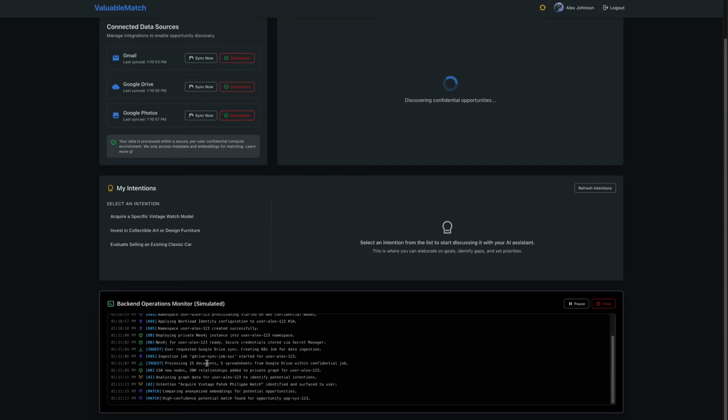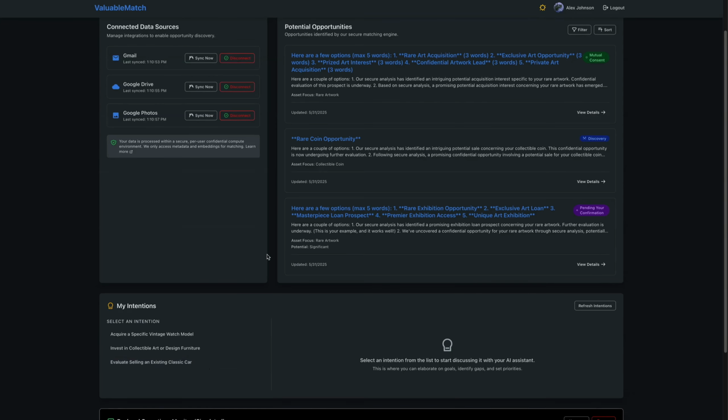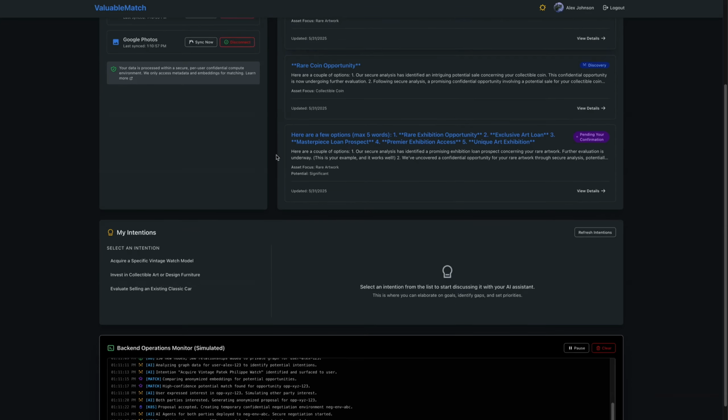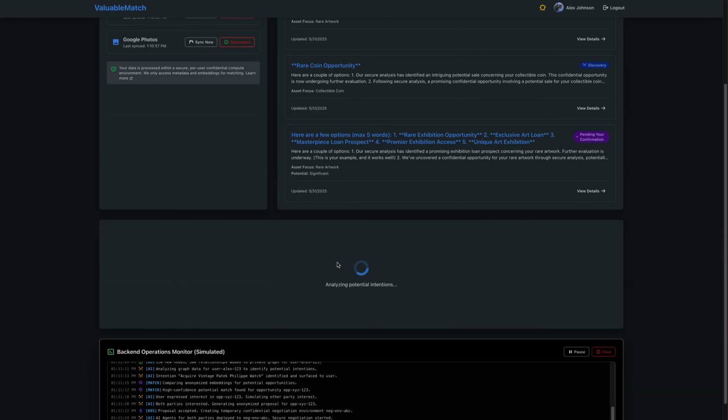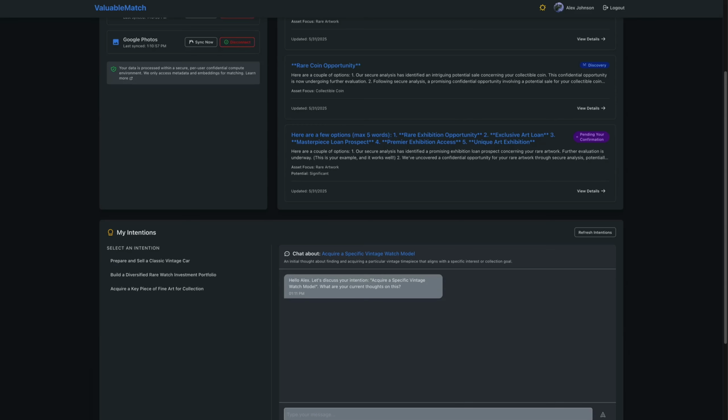And a service that analyzes the data and generates new intentions using an LLM is being produced inside that container. Those intentions are based on our intention analysis method and framework, and that's continuously happening as more of your private data is being ingested. And here you can chat with your personal AI about those intentions. You can elaborate them, you can add to them.